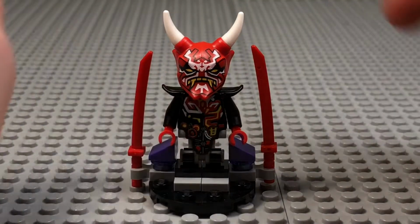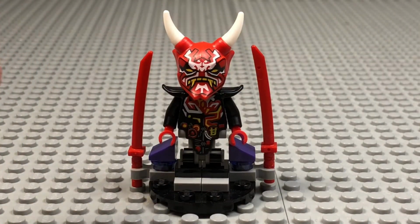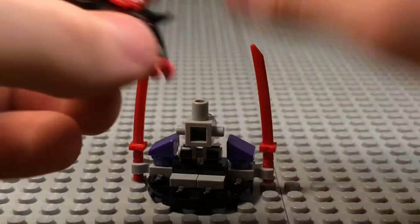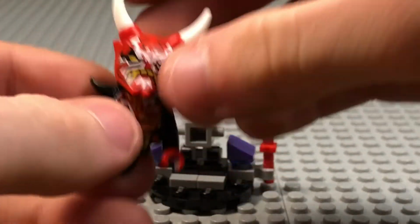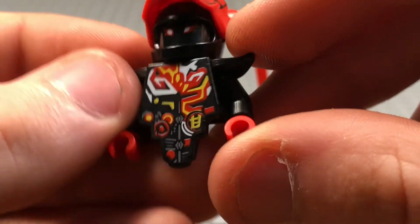But we have a little stand here with the other two katanas. We have first two on Mr. E's bike right here. I'm not going to take them off right now, but basically it's a nice simple build where it's a race for the Mask of Vengeance. But we have Mr. E's face already under there, but I like this printing right here, which is really cool,